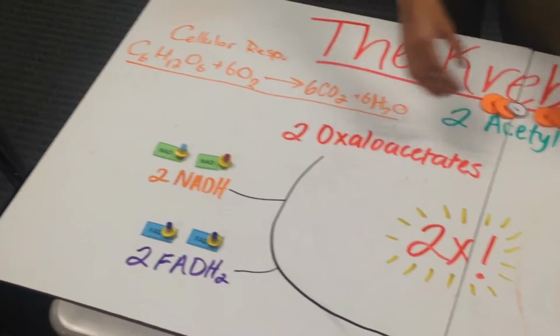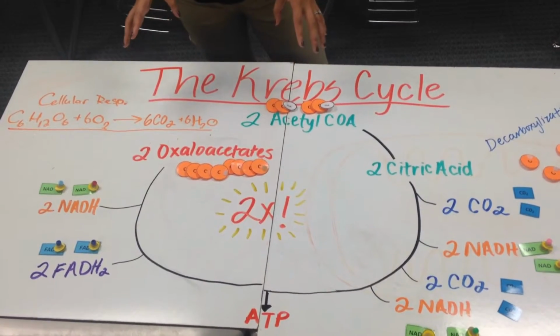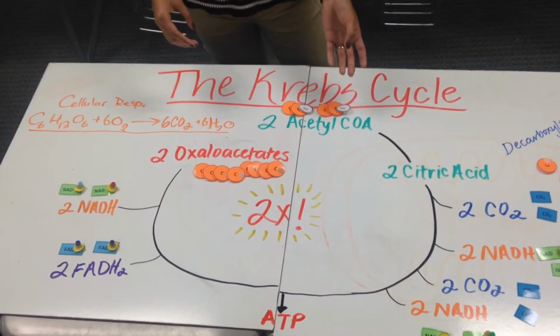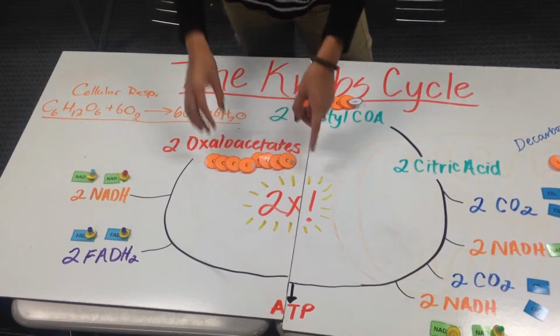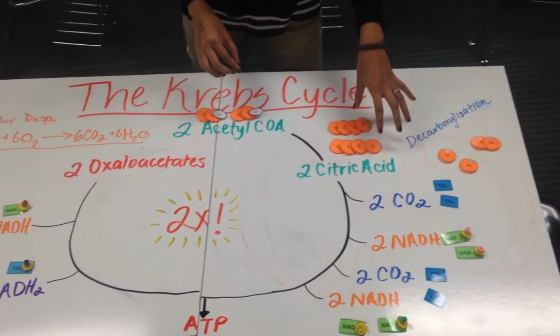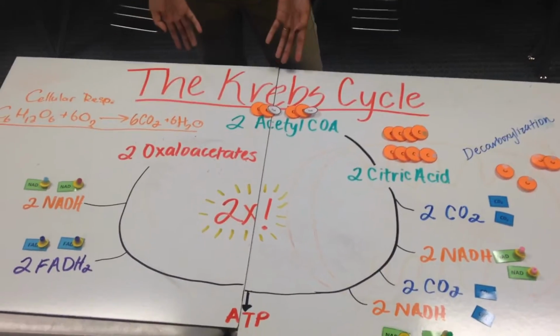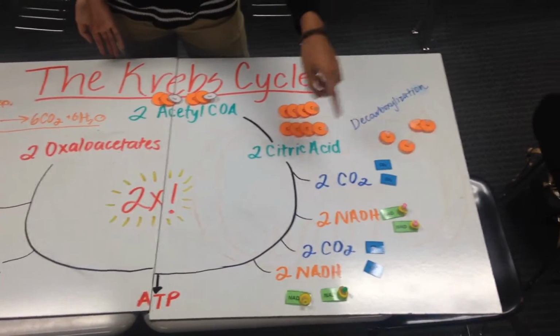And by the end of this, we will go back to 2 oxaloacetates, which will go back to the matrix of the mitochondria and produce more of a link reaction. This will happen 2 times depending on the citric acids that are being made. And the end product of the Krebs cycle would be 2 citric acids,